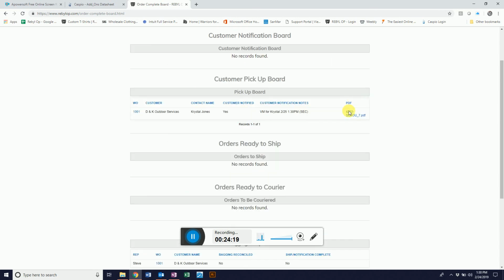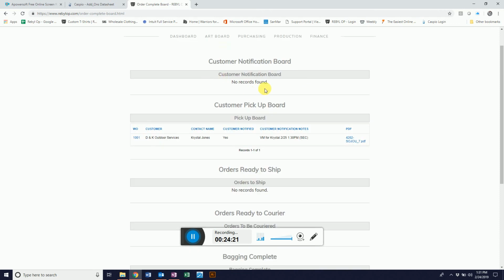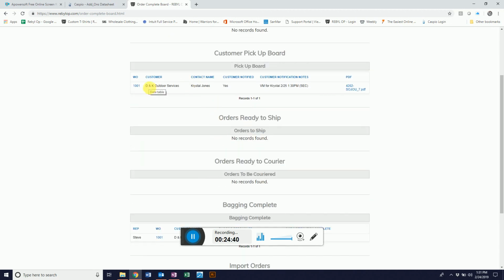So now it falls off the customer notification board, but it shows up on the pickup board. So now when somebody comes in to pick up and they say, hey, I'm here to pick up, well, who's it for? Well, my name's Crystal. Well, what's it for? You don't have to play that runaround game where they don't seem to know what they're picking up. You can just pull this up and say, oh, Crystal for D&K? Yep, oh yeah, D&K. Oh, okay, there it is. You get the order, and then you